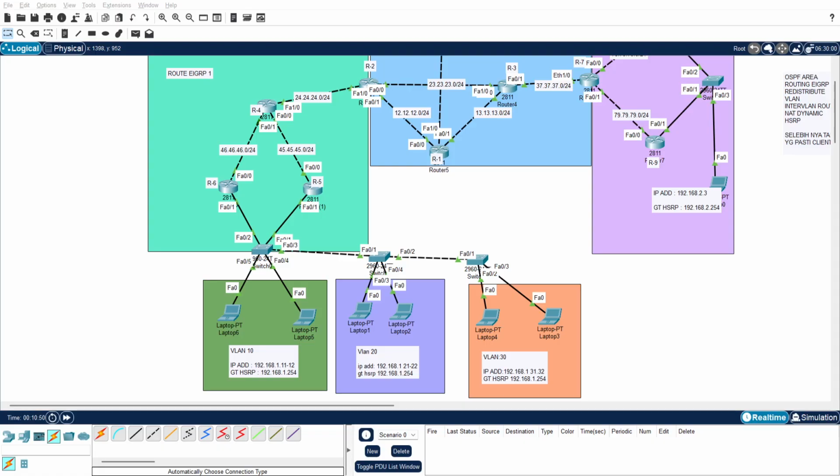Okay, what is this project that I want to show you? You asked. The project in front of you that you are viewing right now is a topology that my teacher made, and I was given the task to configure the router, the server, the laptop, and the switch as he wished.